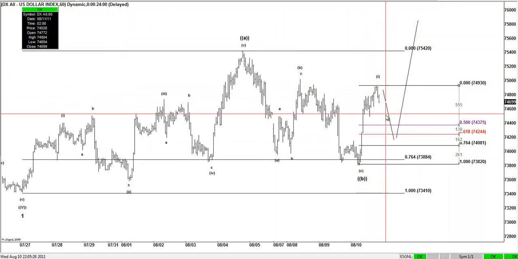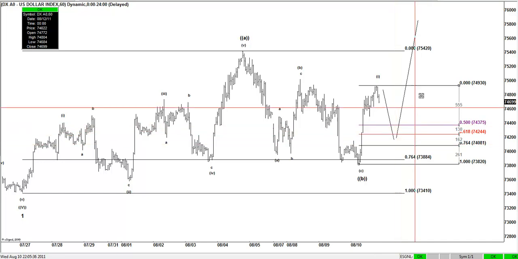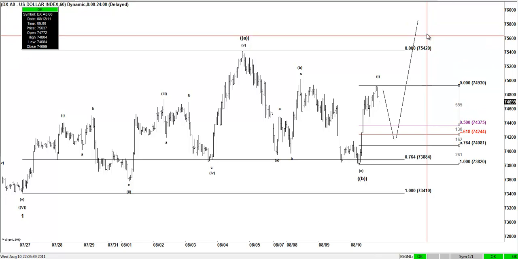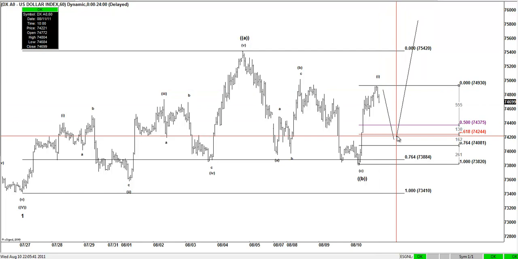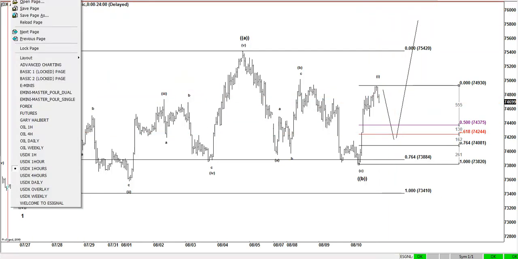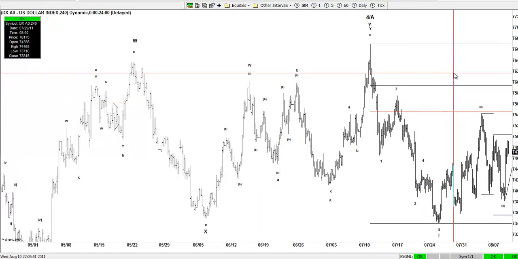Right here, we're expecting the dollar to drop tonight to around this 74.25 area, between the 74.37 and 74.08 area, and bounce higher later on today. So technically speaking, that's what we're expecting for tonight on the dollar. So that's on the 1 minute and the 1 hour chart. In the 4 hour of the dollar, so you guys can have the bigger picture of what's coming on,